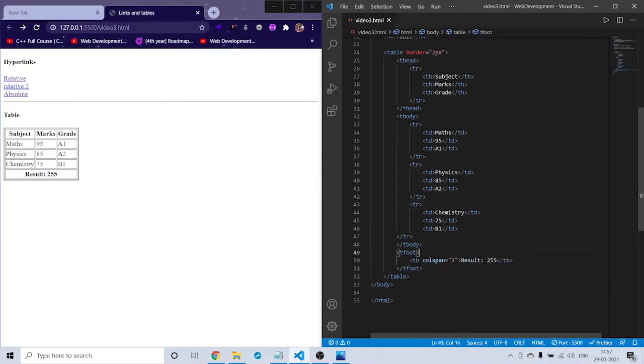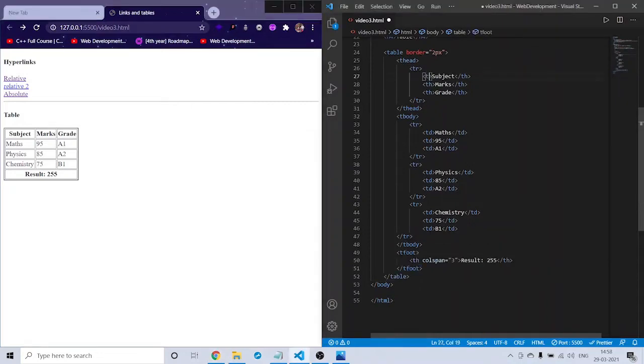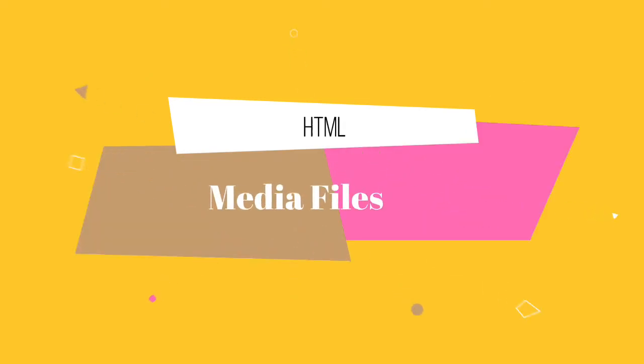See, the tfoot, the tbody, and the thead do not make any changes in the UI here. If you want, you can remove this tfoot and tbody. If you want, you can remove this tfoot, and you can see the result is same. Even if you reload this, the result is same. The tfoot, the tbody do not make any changes in the UI. Those are just for the developer's concern, but it's a good practice.